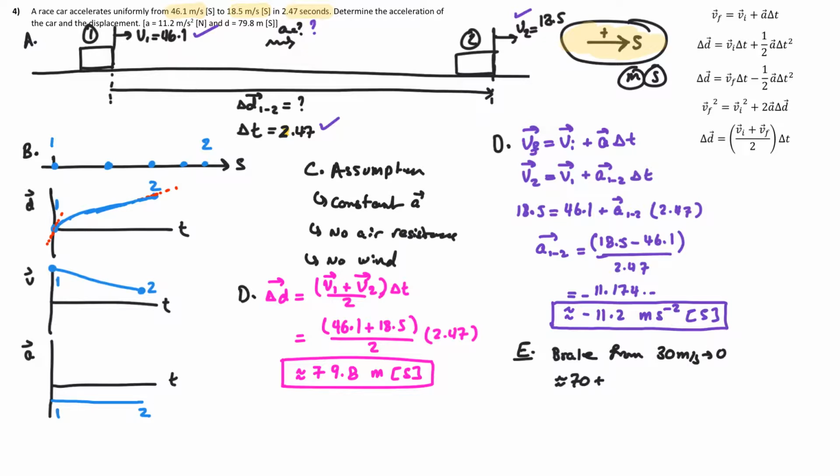And in this case, you're going at a much higher speed at the beginning, but you're not really stopping. So this is going from 30 to 0, and this is going from 46 to 18.5. Usually when you're at a higher speed, your stopping distance does definitely increase. But 70 meters for this, 80 meters for this, is pretty realistic because when you're going at a higher speed,